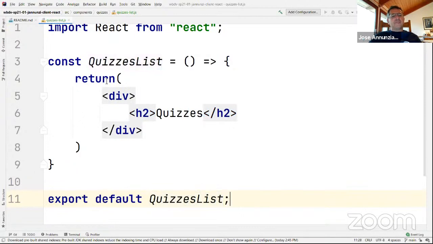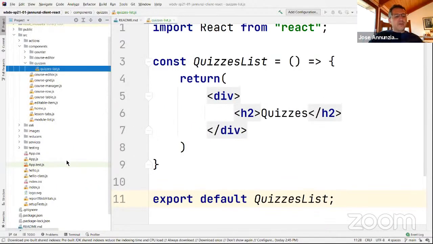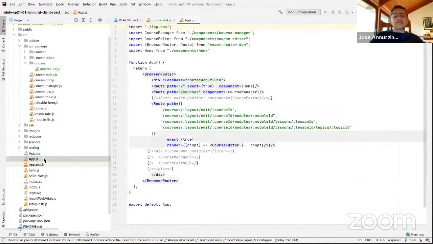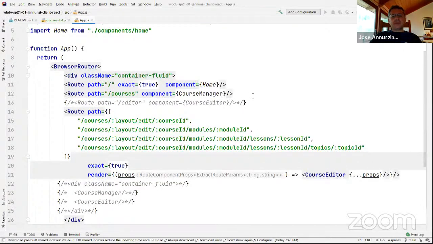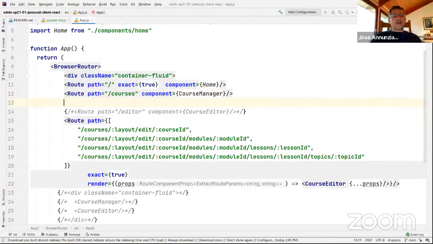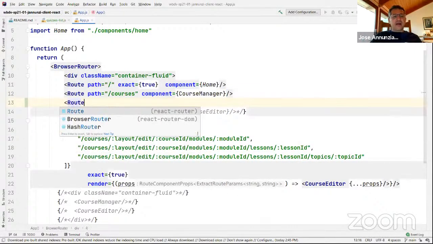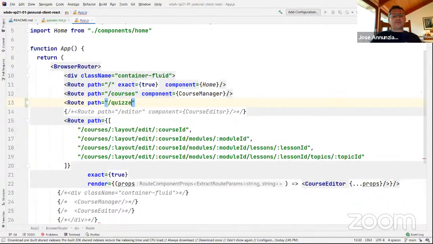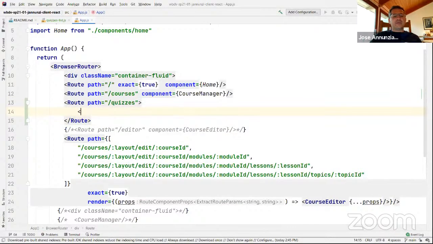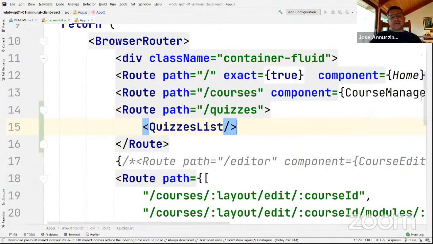Okay. All right. And when do we want to render this? We want to render it when we navigate to /quizzes or something like that, right? So let's declare that as a brand new route. The route might be something like route path, and this will be something like quizzes, and we're going to display the quizzesList. Okay, something like that, right? More realistically,